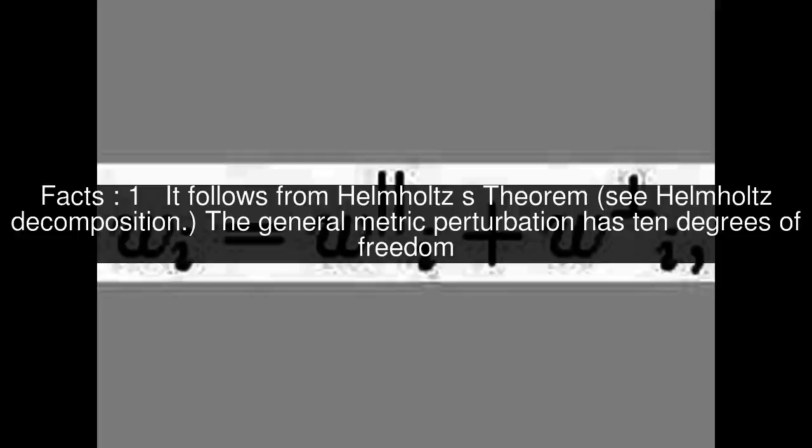It follows from Helmholtz's theorem, see Helmholtz decomposition. The general metric perturbation has 10 degrees of freedom. The vector and tensor fields each have two independent components, so this decomposition encodes all 10 degrees of freedom in the general metric perturbation. Using gauge invariance 4 of these components, two scalars and a vector field, may be set